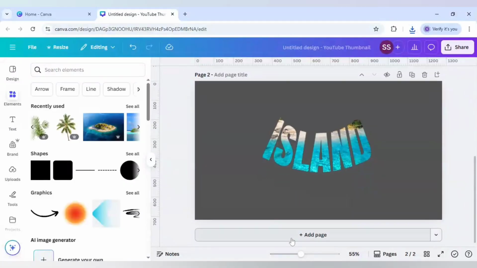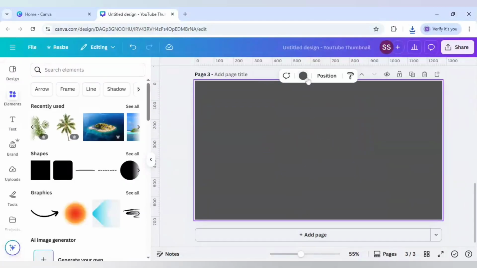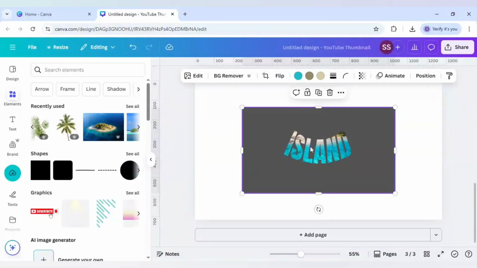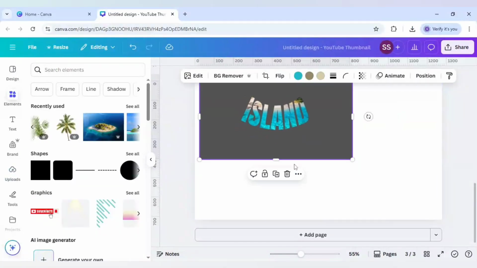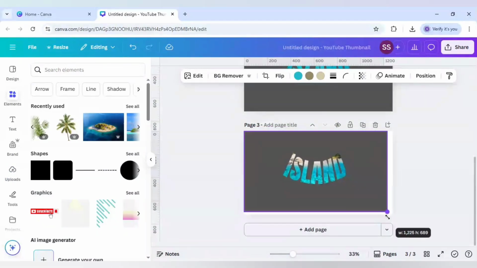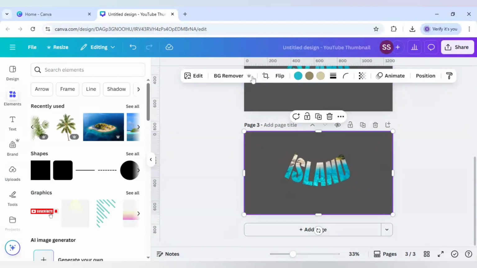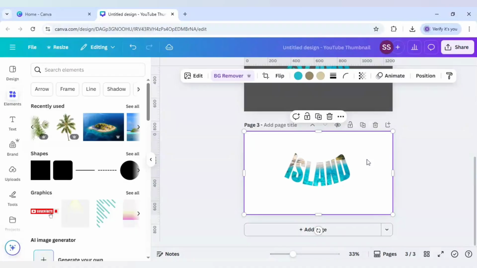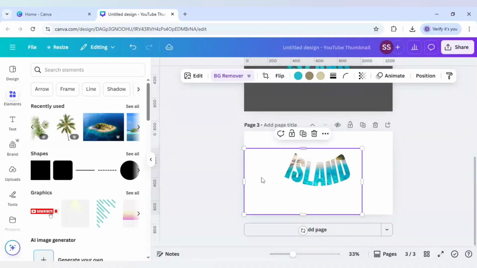And after that, click on add page, change the color to white and add this design here. Make it the same size as the canvas. Use the BG remover. Now that this is done, just crop out till you can see only the text